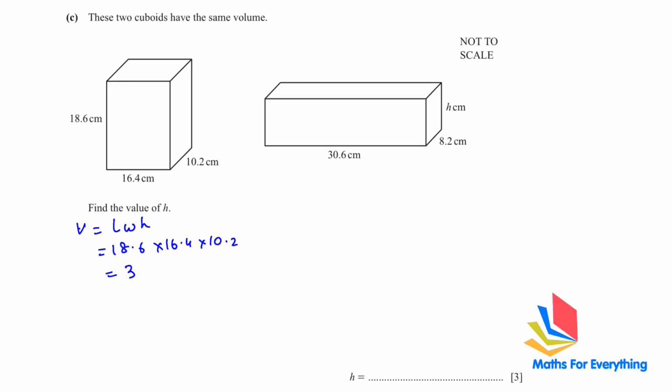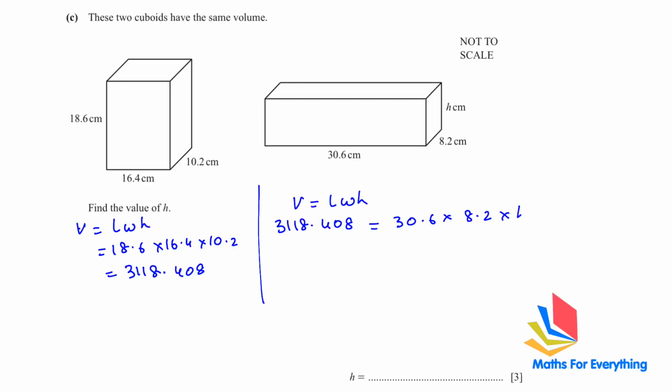And we will get 3118.408. So this is the volume. This is the cuboid, so we are still going to have to use the same formula. 3118.408 is equal to 30.6 times 8.2 multiplied by H. To find H, we are going to